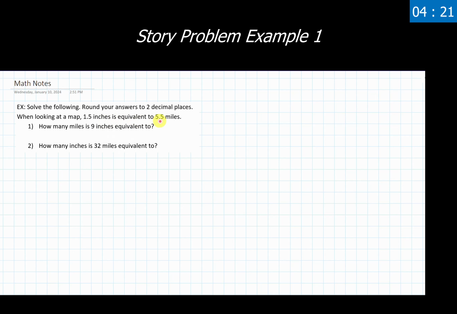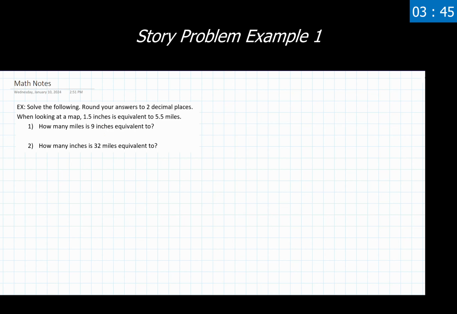We're given some sort of equivalency between two things, inches and miles. Another common one that we see is the cost of something versus the amount of items you're buying. The number of apples I'm buying for this price. The other one that is pretty common is currency and exchange rate. Some number of US dollars for euros, some amount of euros for pounds, things like that. So we're equating two numbers or equating two units, and then from that we're trying to find another equivalent comparison using those same units here.